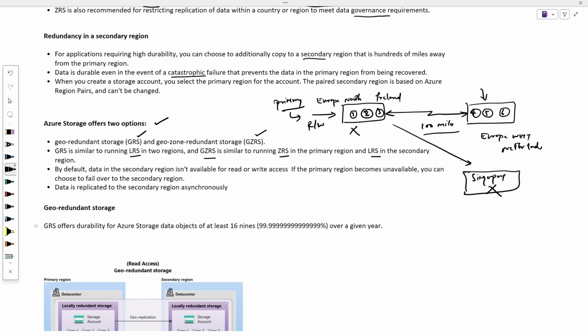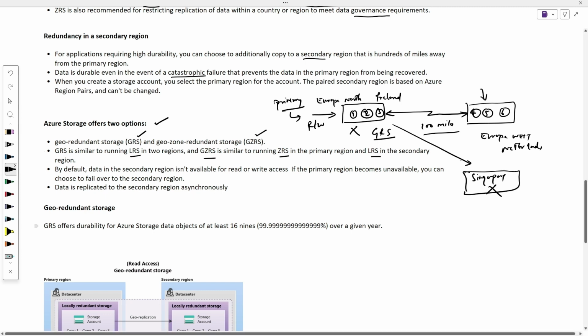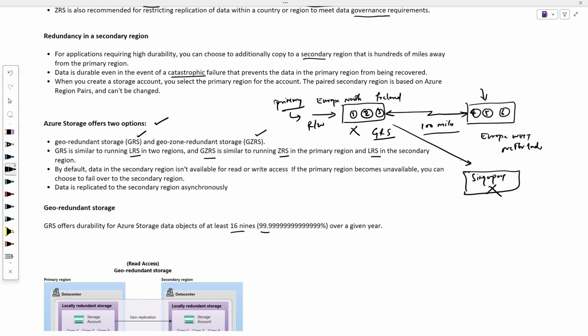Basically, when you use GRS, this is how the data will be stored. So this example is the GRS kind of redundancy. And when you choose the GRS redundancy, you will have 16 nines of durability of your data in a given